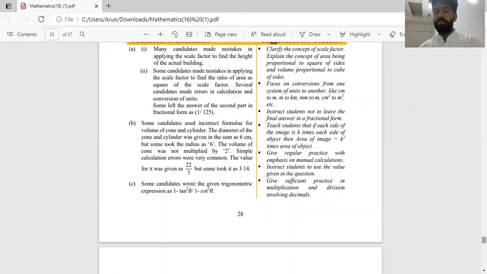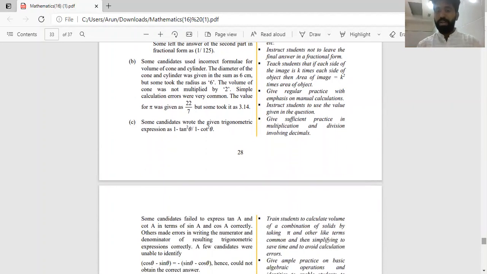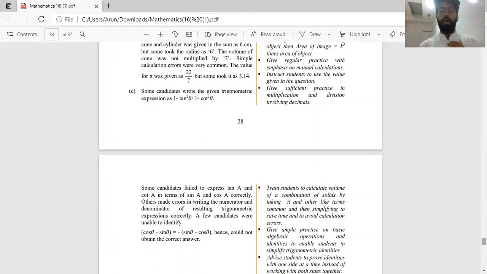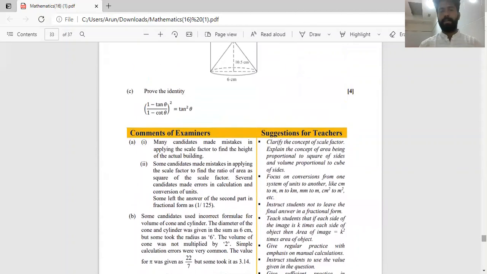So what we suggest you to do for questions from this chapter is you need to know all the formulas for volume of cylinder and cone, volume, surface area, total surface area, curved surface area, सब कुछ आपको calculate करने आना चाहिए. You need to know sums based on combination of solids. तो आपको उनका volume and surface area कैसे calculate करना है ये सब भी पता होना चाहिए and आपको वो सब practice भी, उसके ample amount of sums करने पड़ेंगे.